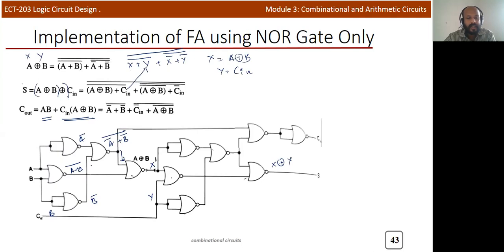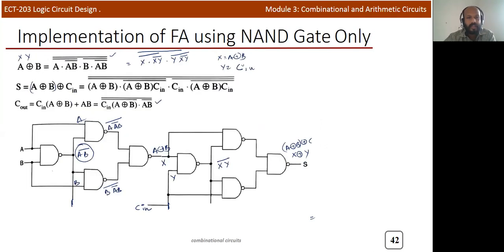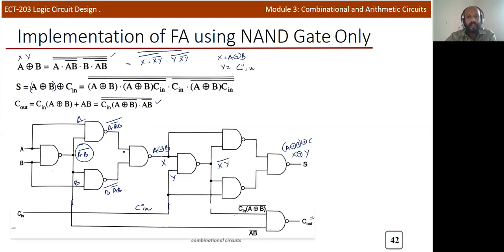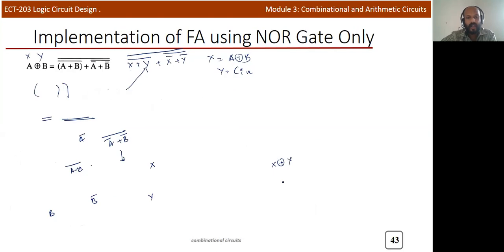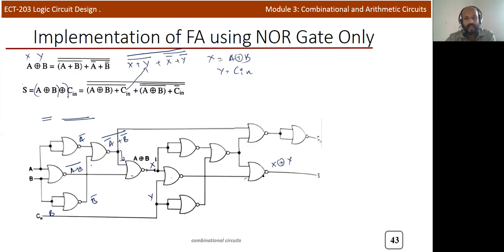When you discuss this particular circuit, and if you compare with the previous one, to implement the full adder using NAND gate, you require 9 gates. Okay, total 9 NAND gates are required. But if you are directly using the full adder using half adder concept by using NOR, you need to use around 12. Here it is 5, again 5 plus 2. So 12 NOR gates are required.